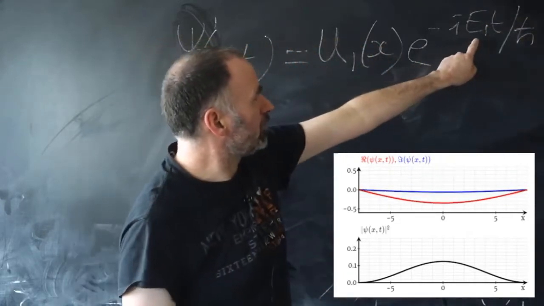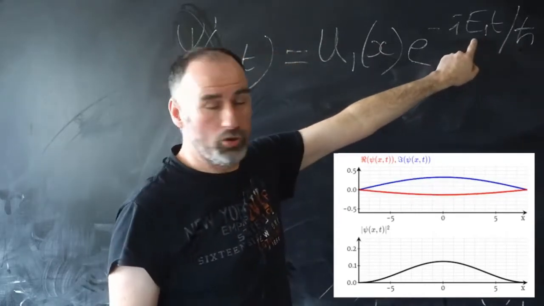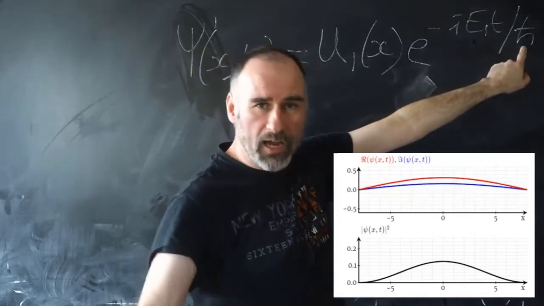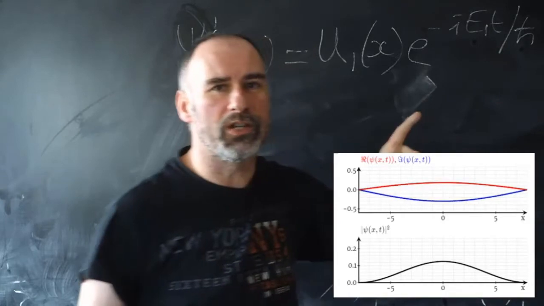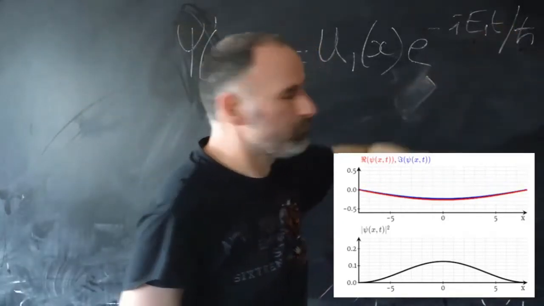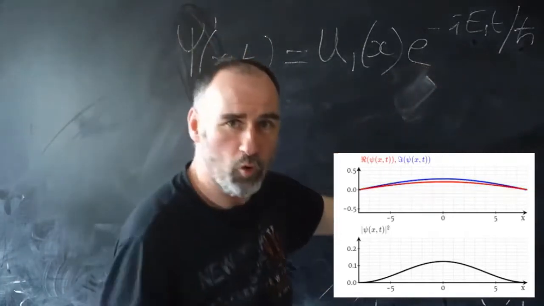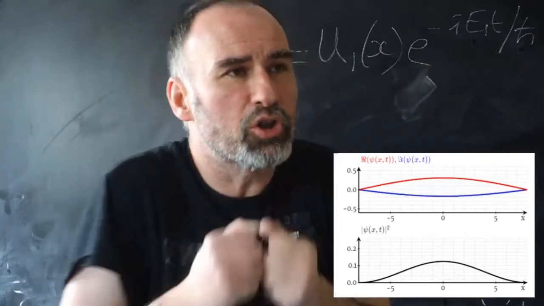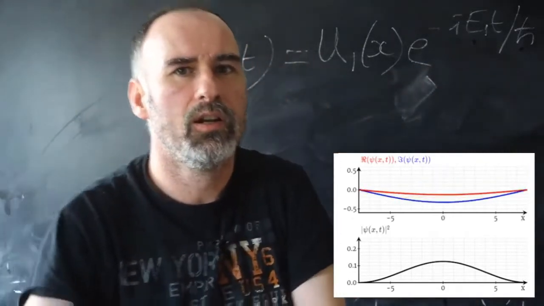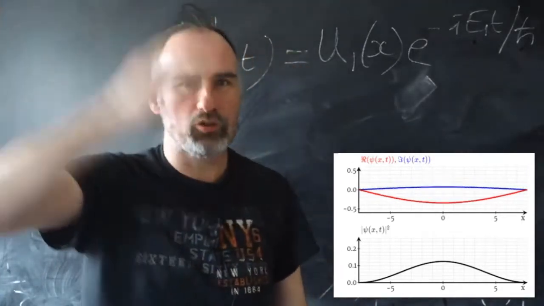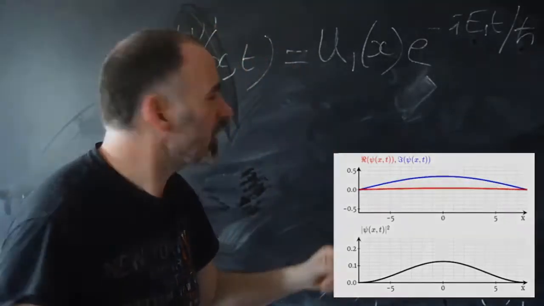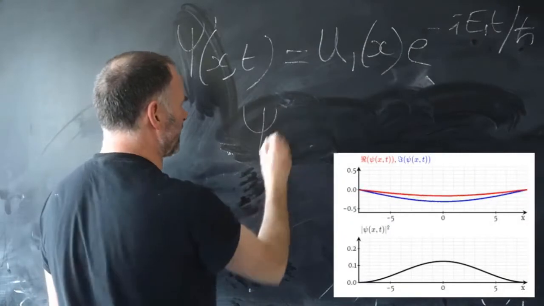Remember this, what's E1 over here? This has units of joules, this has units of joules second, so this is a frequency. So this is an i omega t. What's sweeping back and forth is certainly something oscillating, but it's something we cannot observe. It's sweeping back and forth, real, imaginary, real, imaginary. That's where the oscillation is. But what we observe is this,